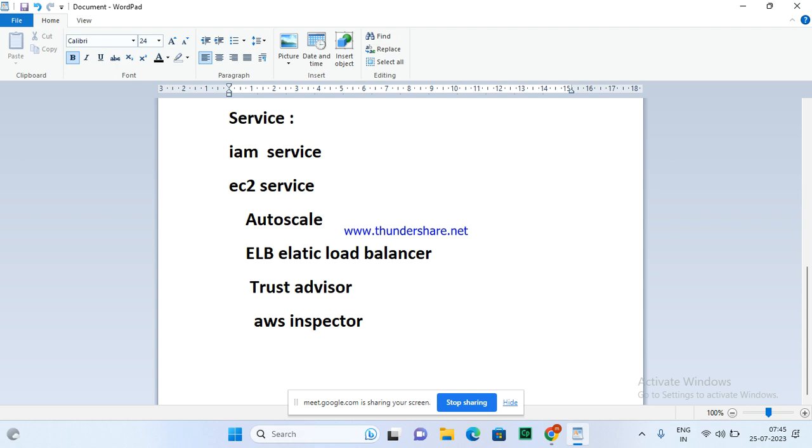Trusted Advisor and AWS Inspector. These are common tools in every project.